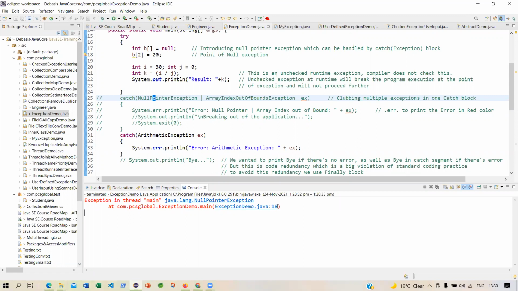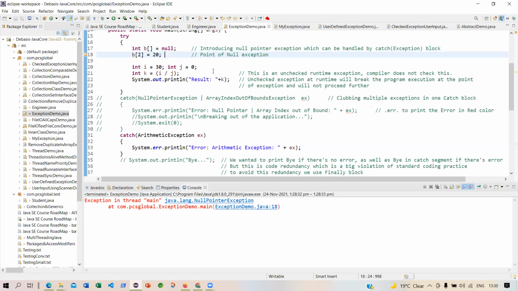And what is the line number? Line number 18. But the root cause is over here. I cannot assign anything over a null array. Got it? This is the cause, and this is the effect.